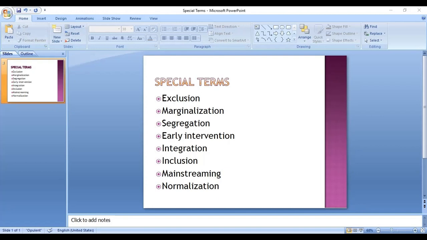Yes, ma'am. Next one is integration. See, next level in integration, what they have done is they have taken this